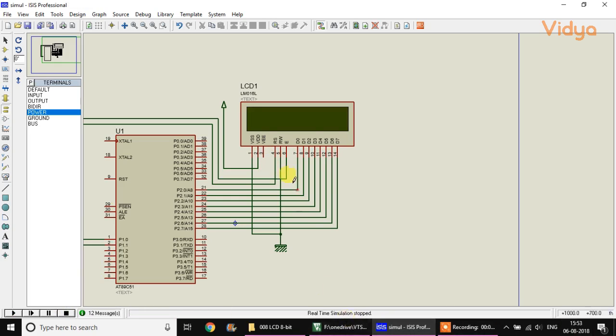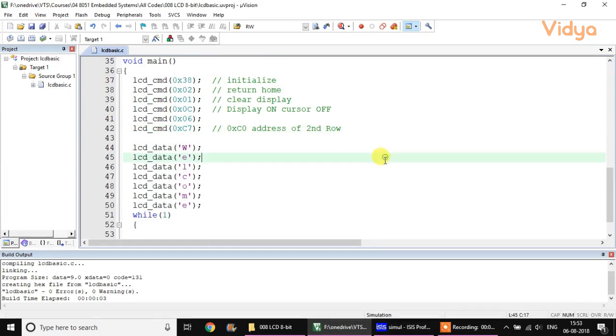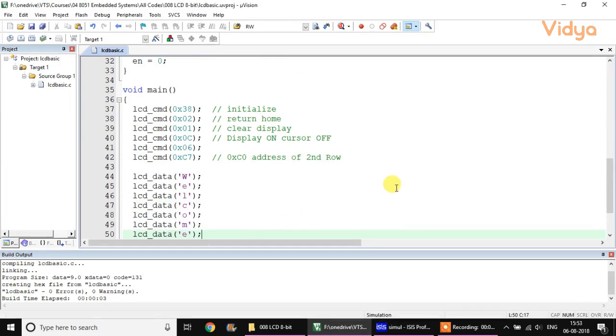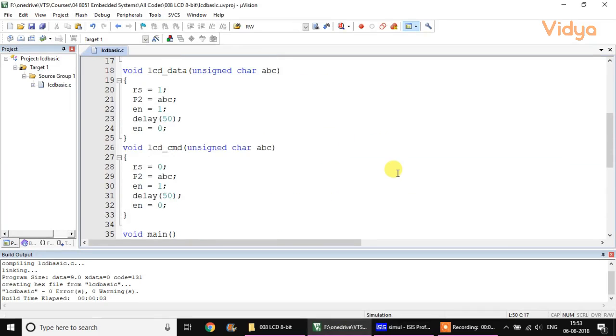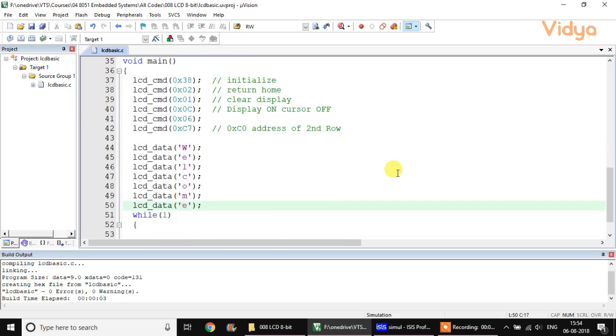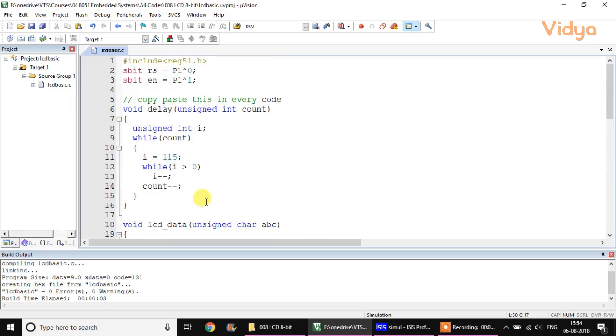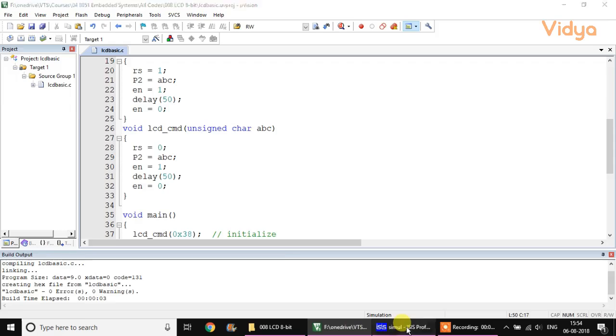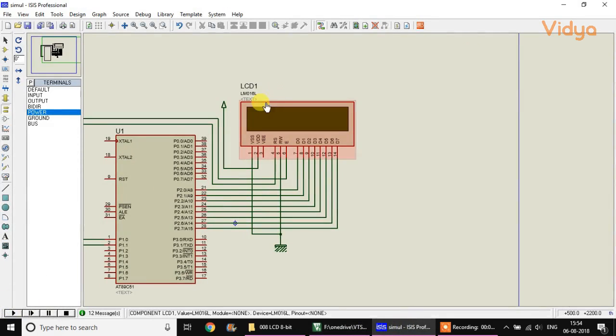So, this is the simple interfacing program of 8051 with 16x2 LCD. In the next program, we will expand the functionality of LCD, because now as you see, even if we have to print a single word, we have to call the LCD_data function 7 times. So what is needed is a sophisticated library to interface with 8051. And in our next program, we'll see some additional functions which facilitate the usage of LCD. So that's it for this session. Happy learning.